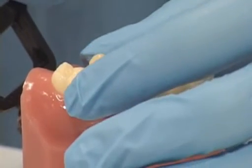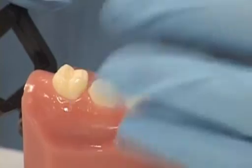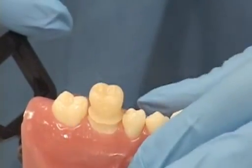The other thing is that when I'm looking at the tooth, I want to make sure that I don't just grab it and push it on here. I want to make sure that I'm going to sit it on top like that. And I'm also going to look at